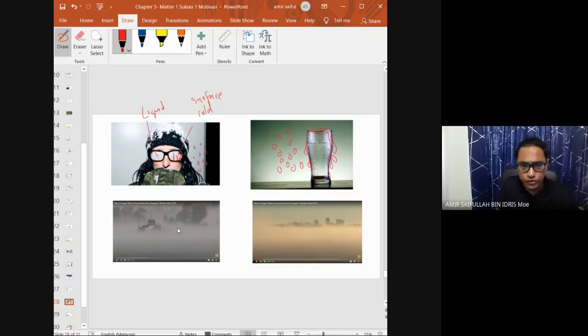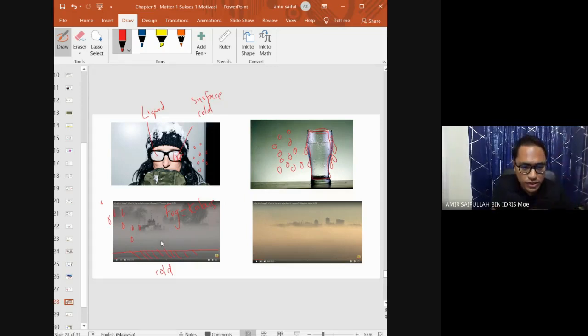Same like the fog and the cloud, same thing. Like the cloud, this is the fog, ataupun Melayu panggil kabus. So kabus is when during raining, hujan, it will make the land surface cold. So when the land surface is very cold, because due to raining, the air molecules near the surface